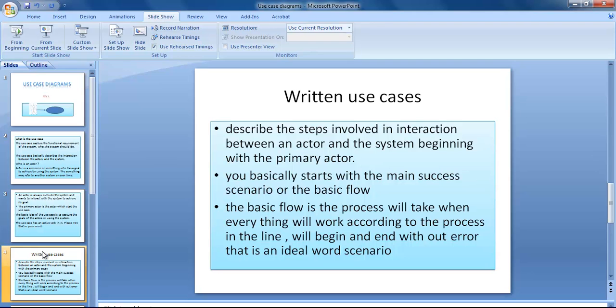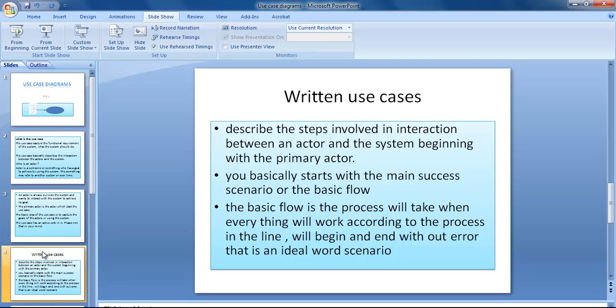It means that you will first write the basic flow, which is the flow from the very beginning to the end that will end without an error. That is what is known as a basic flow, and that is what you have to write down before you write down an alternative flow. So you write from the very basic to the very end, as stated earlier, something that runs from the very beginning to the end without an error. This is the ideal world situation where no error happens, but you write down those steps first.